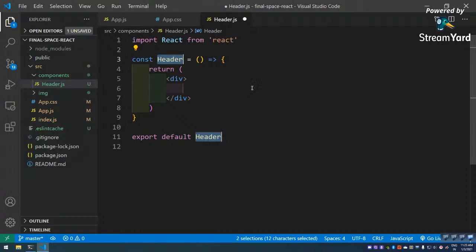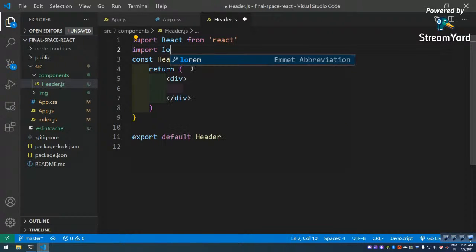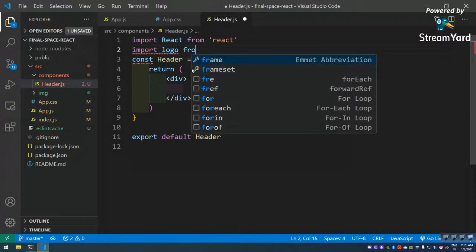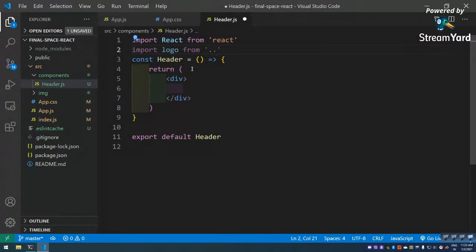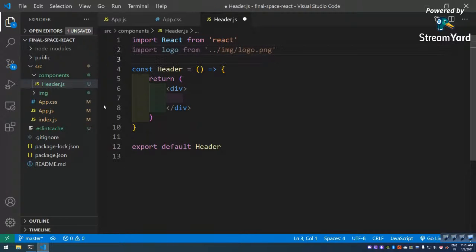again a functional component, and then import logo from the img folder. Here logo.png, this logo.png I'm taking. Okay, let me save it, and then here